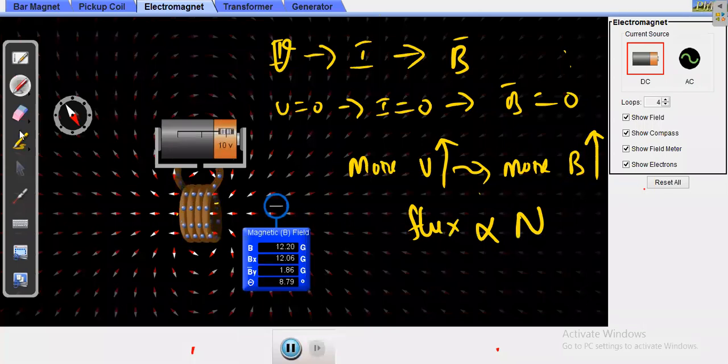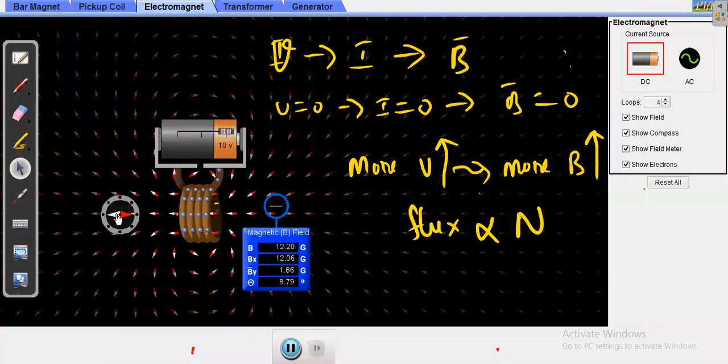And again, if you want to know the direction of the magnetic field, you can use the compass. You keep the compass here, then it will give you the direction of the magnetic field, because the magnetic field is going from negative x to positive x. You keep it anywhere, then it will give you the direction of the magnetic field. You keep here, you keep here. Then you will get the direction of the magnetic field. You can use the compass.